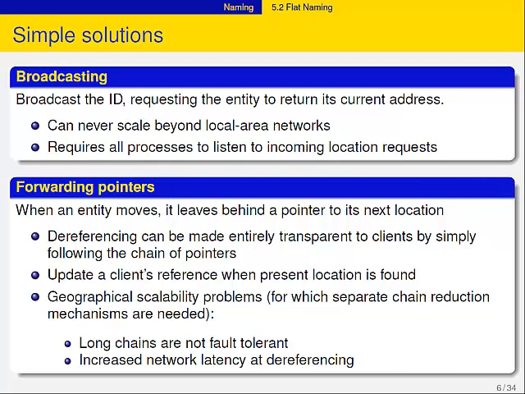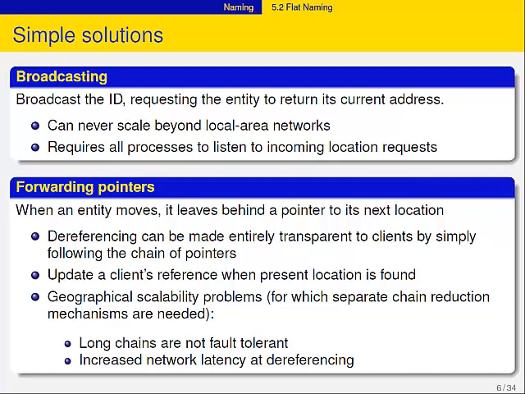Forwarding pointers have a problem, and this is where Hans and Gretel came in, because the first version was that Hans was using breadcrumbs. Dumb. Because you have birds, they pick up the breadcrumbs, and then the chain's broken. And you have exactly the same thing with forwarding pointers. If you lose a forwarding pointer, then the whole trail will be lost, and you will not be able to find or locate the mobile agent associated with those forwarding pointers. Instead, you use stones, cobbles, something like that. Birds don't like these things, and they tend to stay in place, so that's more robust. But you have to take care of this. Yes?